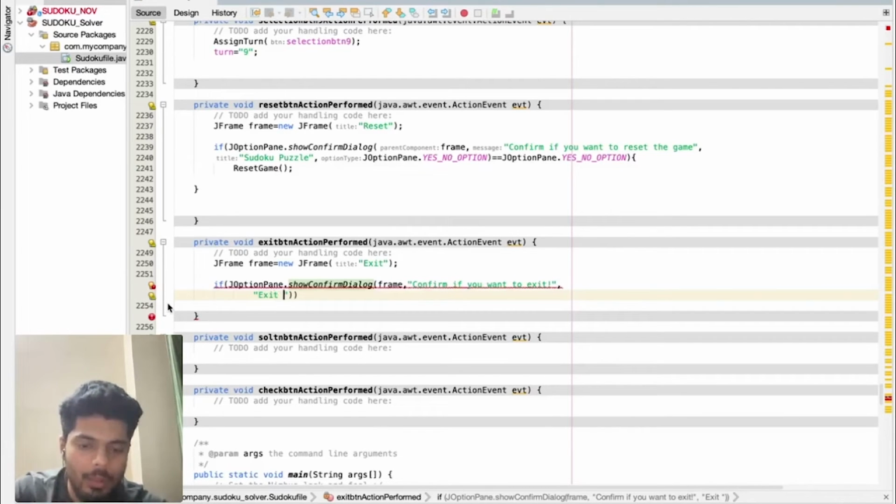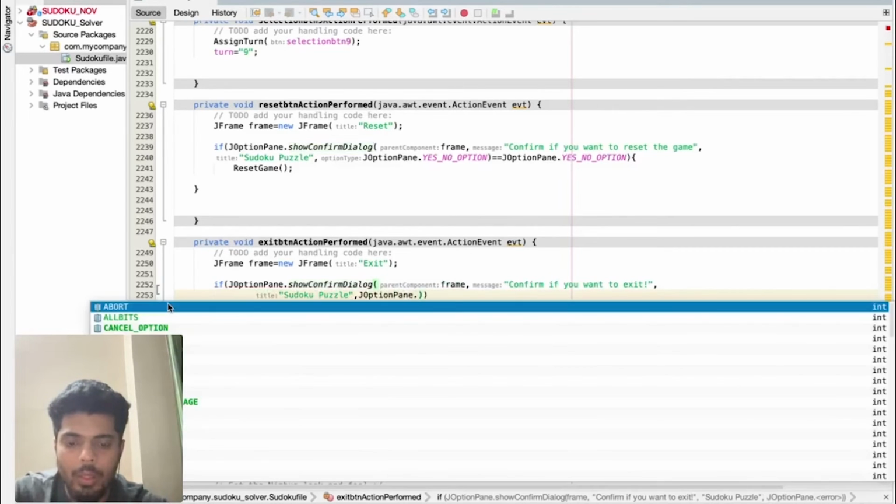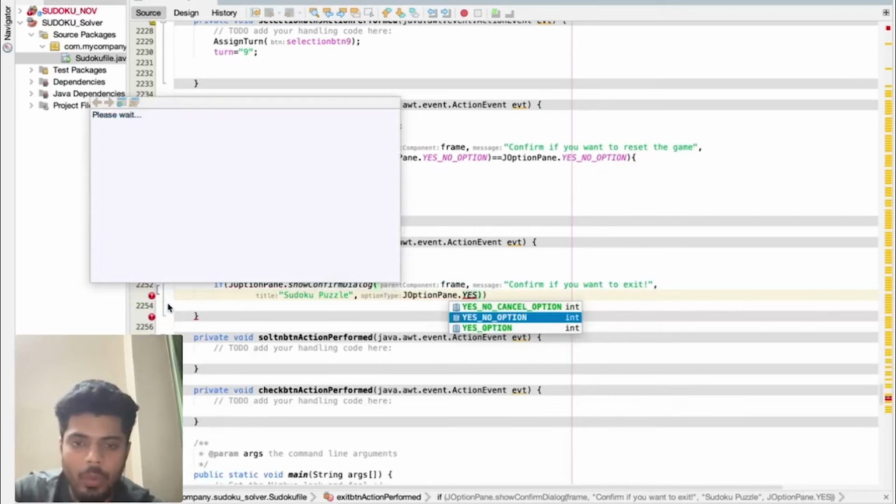Exit button or Sudoku? What do we put here? Sudoku puzzle. So let's keep it the same. Sudoku puzzle, simple.